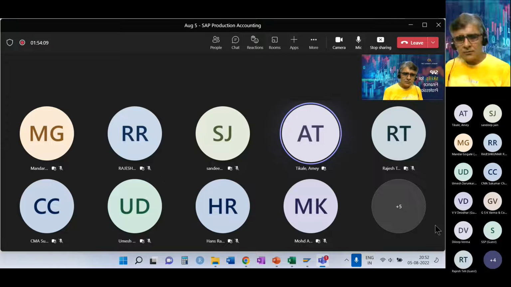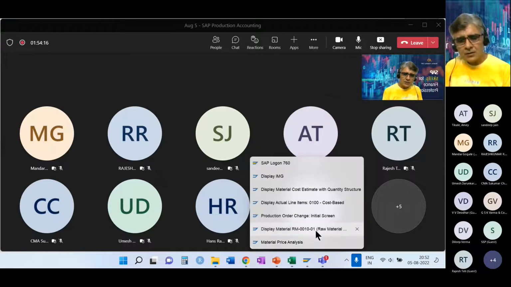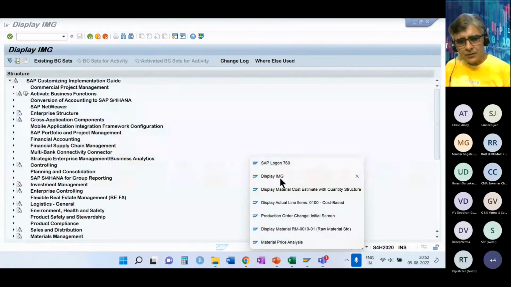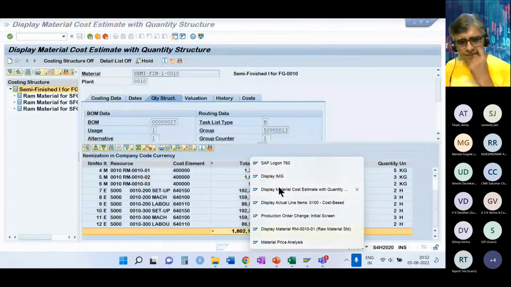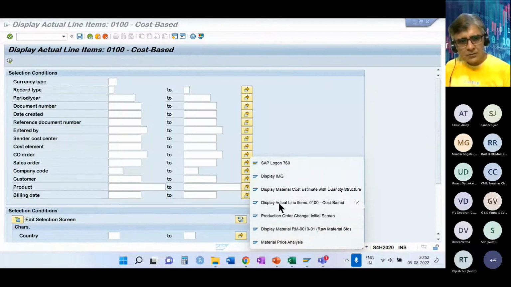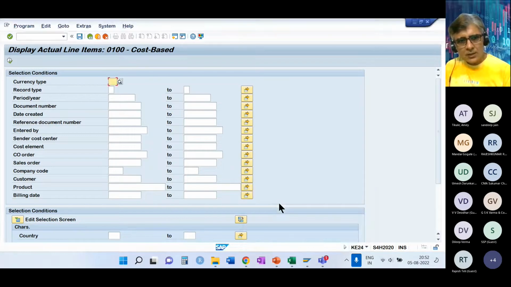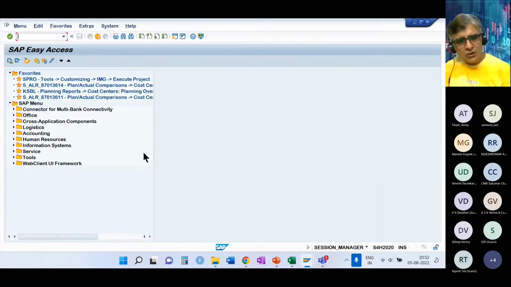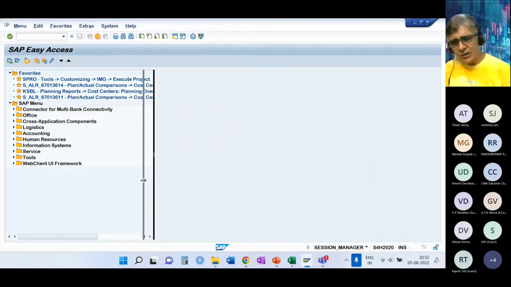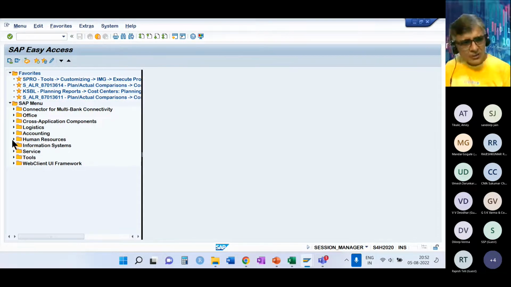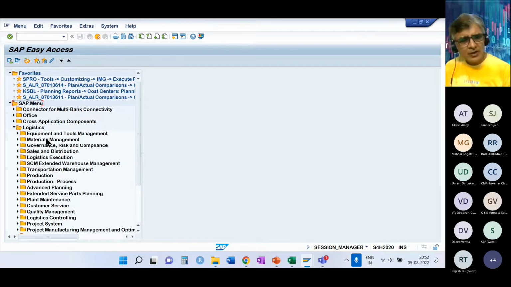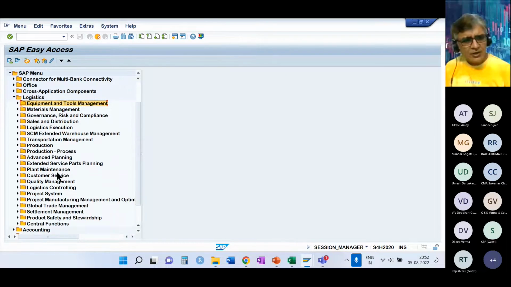Also, can you just mention what is the standard report to see this PPV variance, purchase variance? I may not be able to find out in this server, because I don't think all reports will be there. It's okay, sir, I will Google it. Yeah. Or I can even tell you later on, I'll just find out. But definitely it is possible.